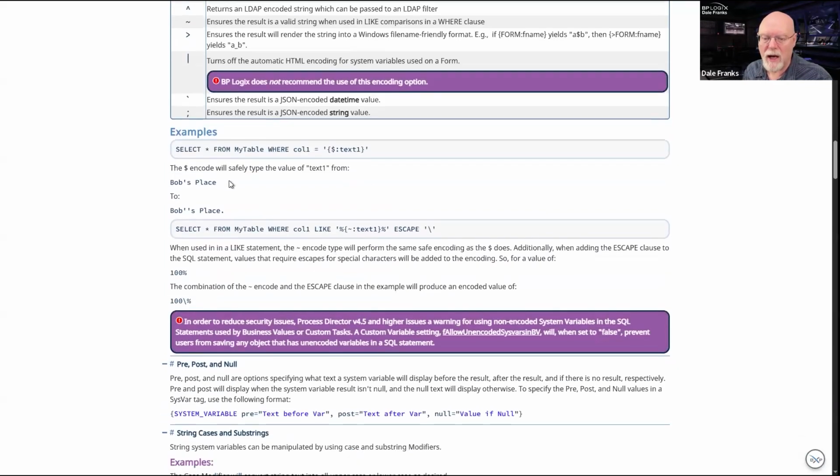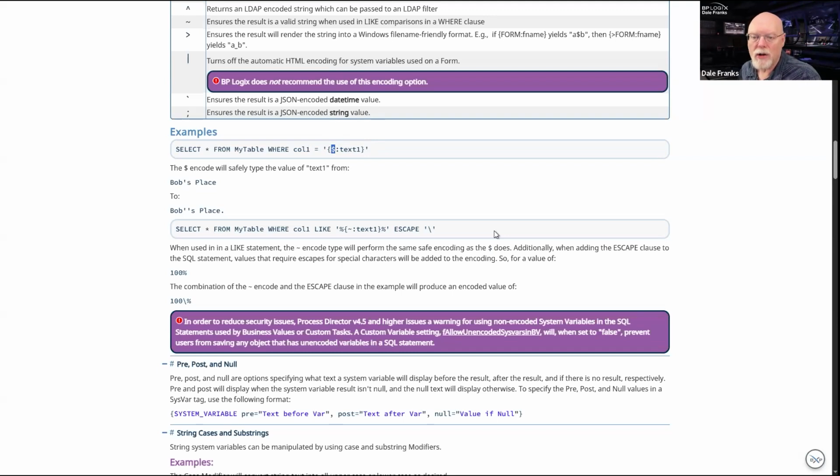So as you can see down here, I have this select star from my table where column 1 equals, and then I've got this form field system variable, text1. And the very first thing I do after the curly bracket is I put the $ sign in there.